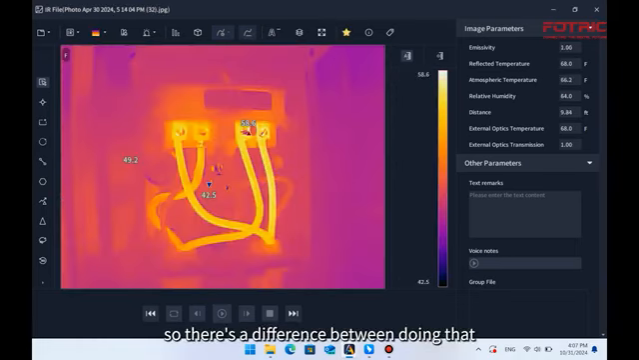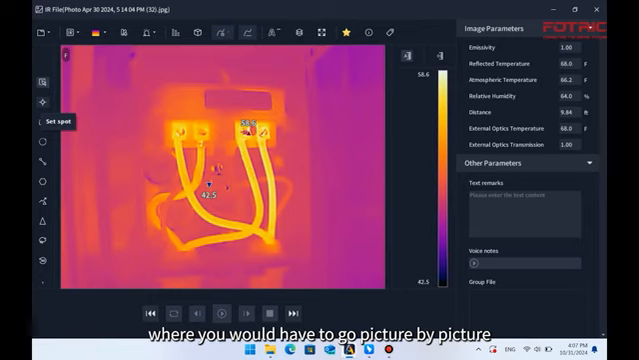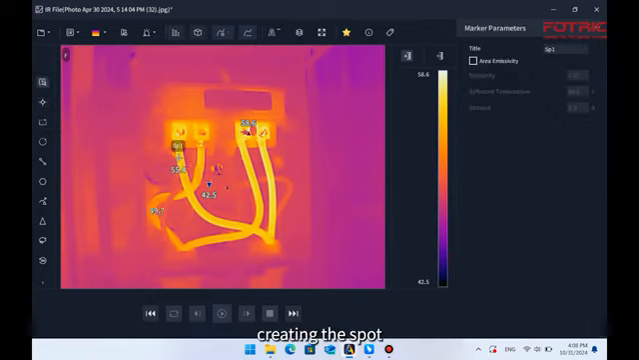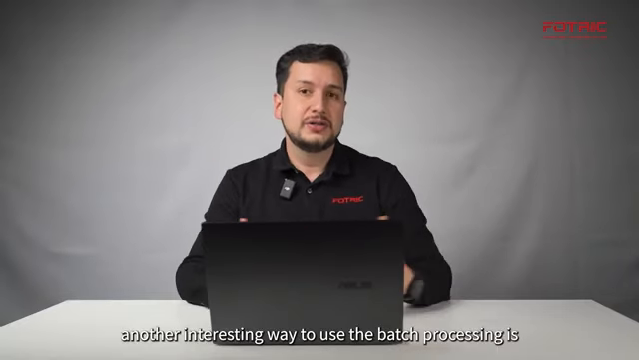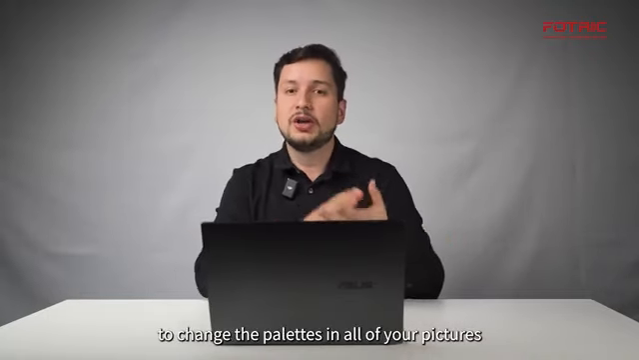So there's a difference between doing that, as you know, and doing the general process, which I'm going to show you right now, where you would have to go picture by picture, opening the picture, creating the spot, and then drawing the box. Another interesting way to use the batch processing is to change the palettes in all of your